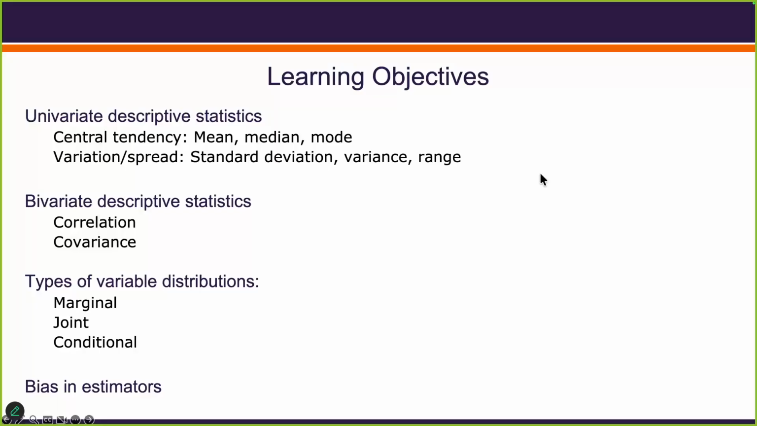Our objectives today for the descriptive part is to just refresh central tendency. How do we describe data? Variation, spread, bivariate descriptive statistics. Really, the point of all this is to do a couple things. You probably know about correlation. How familiar are you with covariance? Because covariance is correlation's